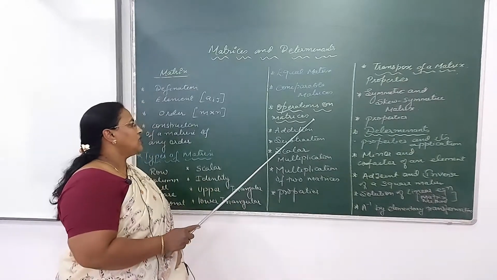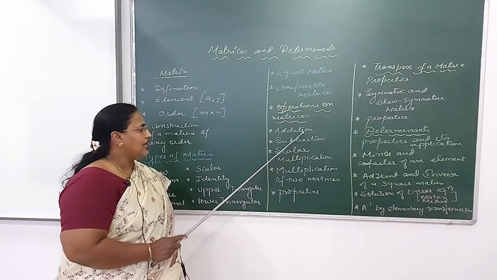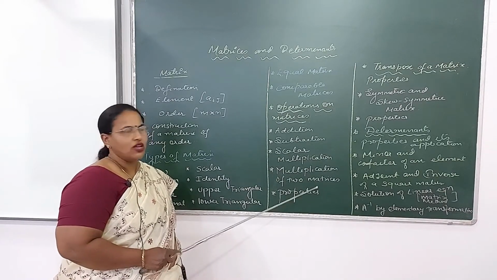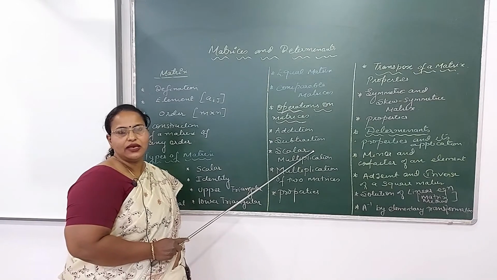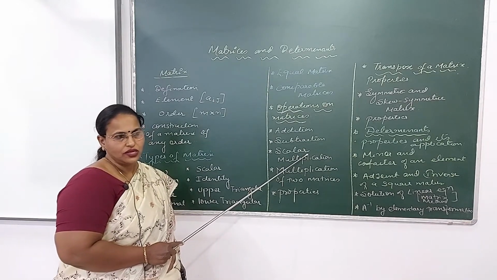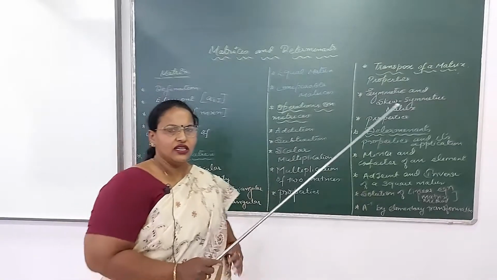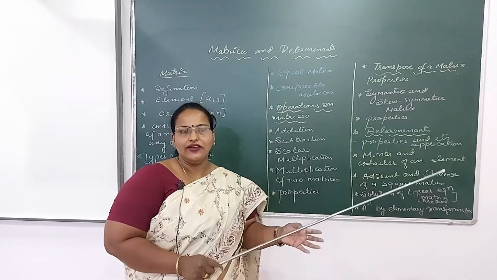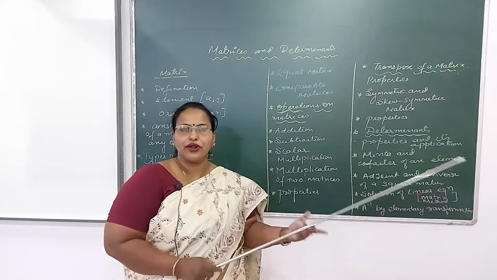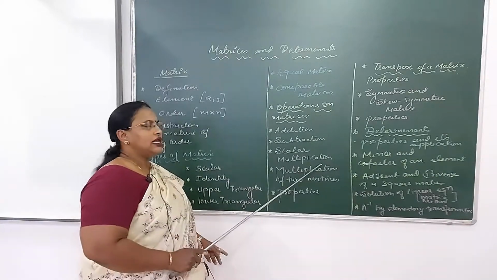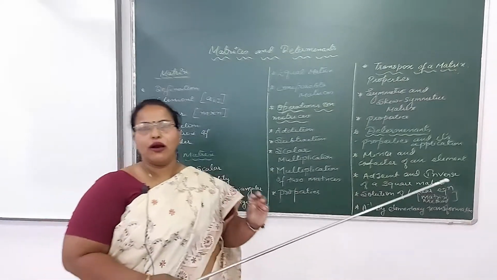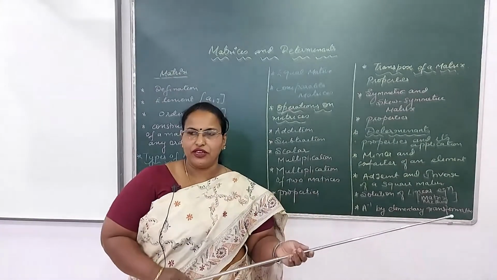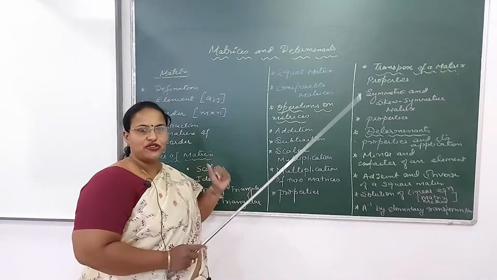Okay. Now certain operations on matrices we have done, like addition, subtraction, scalar multiplication, multiplication of two matrices. For addition and subtraction, definitely the matrices should be comparable. So the addition is very easy. Before adding the elements, you need to check whether they are comparable or not. And then the entries at the positions you will be adding, that's all, or subtracting, that's all. Scalar multiplication: when a scalar is multiplied to a matrix, then that particular scalar is multiplied to each and every element of the given matrix. That is how we do scalar multiplication.